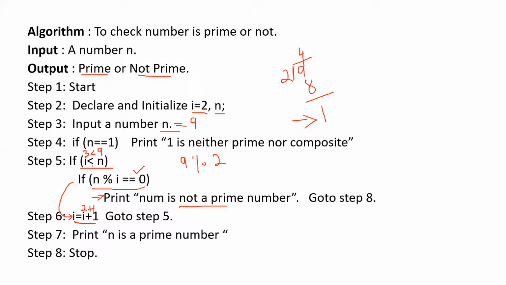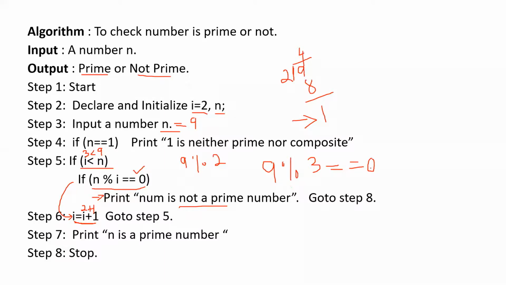So now we know 3 is less than 9, so it will go to this line. Wherever n is there, you will write 9, right? So substitute and see 9 mod operator. We are finding a mod with the current value of I. What is the current value of I? Current value of I is 3. Whether it is equal to 0 or not, 9 is completely divisible by 3, right? So it will give you an answer 0. So 9 mod 3.